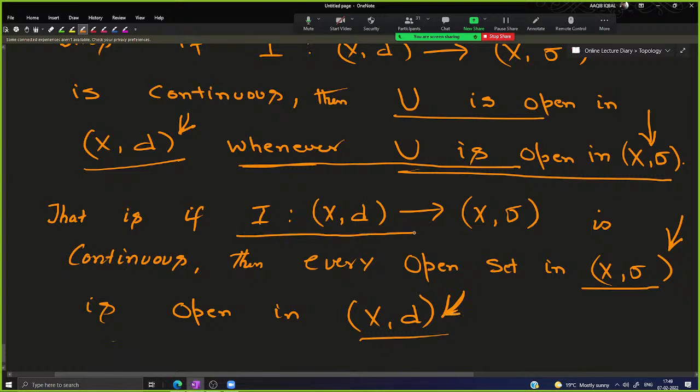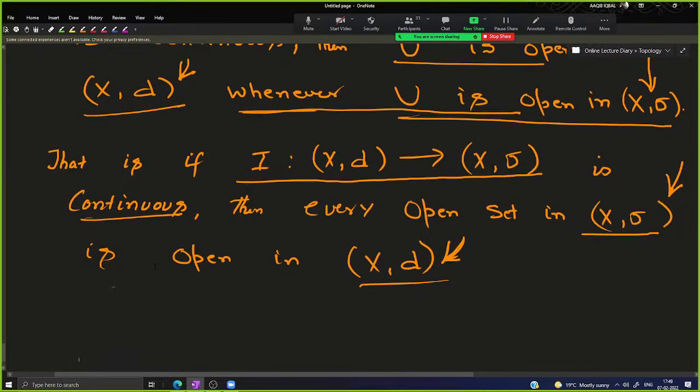If the mapping I from xd into x sigma is continuous। अगर ये continuous है identity mapping।